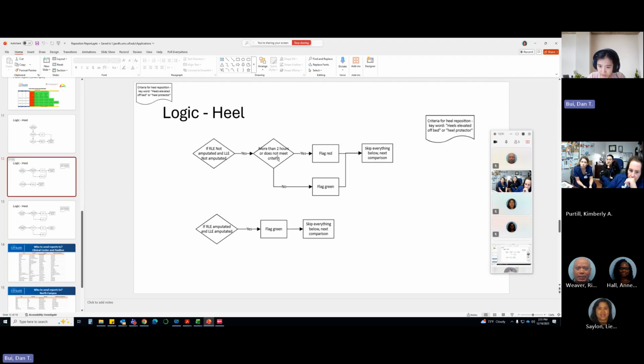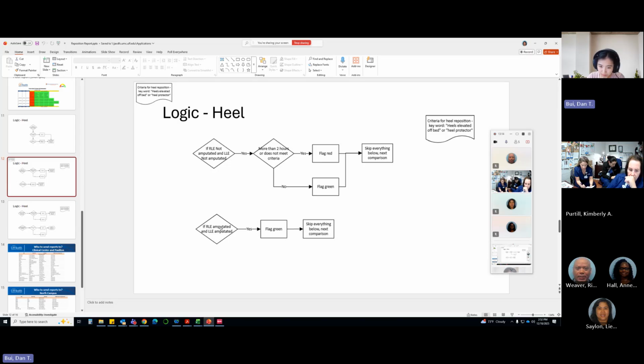So when I say does not meet criteria, I mean I don't see the two keywords, which are heel elevated off bed or heel protector, and that's automatically a red. And if it's not more than 2 hours and meets the criteria, then it's a green. Then I go to the next comparison. Now, if this doesn't work, then I check the next condition.